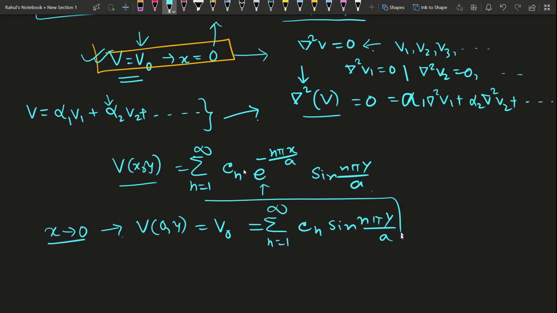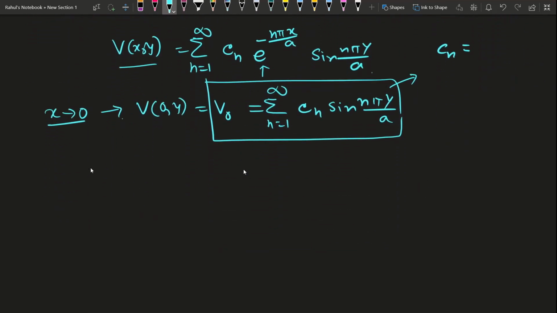Now look at this form. This is just similar to the Fourier series. If you have studied the Fourier series in your mathematics course, then you will understand easily. This is exactly like the expansion of any function in Fourier coefficients, right? Where Cn, you can easily understand, what is Cn? Like in the Fourier expansion we have discussed, the function v naught here is a function of y,